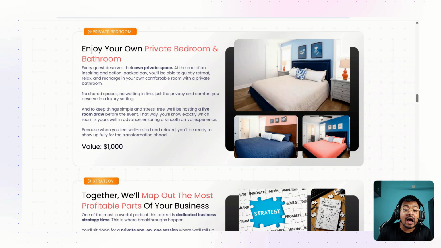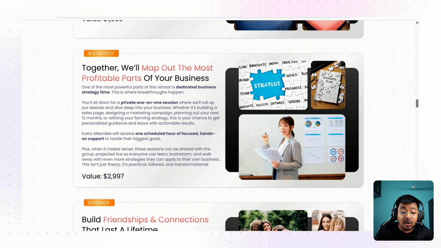Apart from that, you're also going to have a private bedroom for yourself. So everybody who comes gets their own bedroom. So you have privacy maintained. You have everything that you need in your own private bedroom and bathroom. You don't have to share it with people you don't feel comfortable with. Valued at $1,000. Together, we'll map out the most profitable parts of your business, because we are going to develop the business strategy that you wanted directly with Janine, so that it becomes a great win-win for everybody, valued at